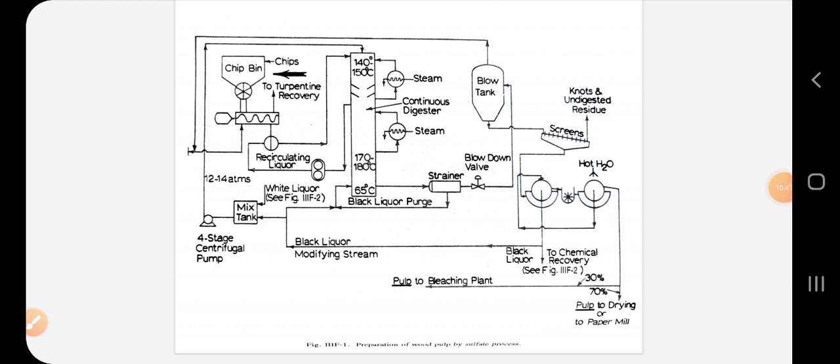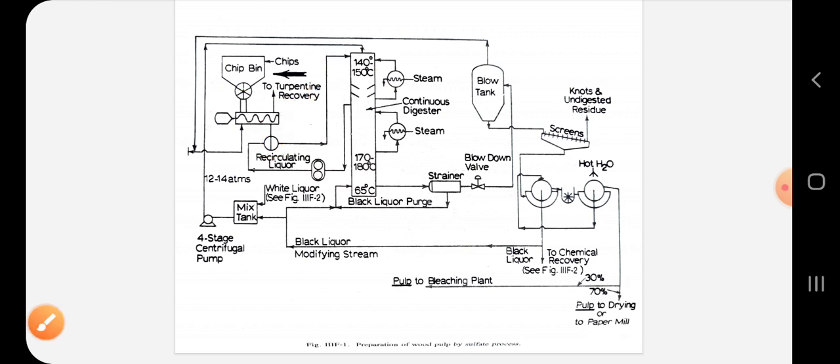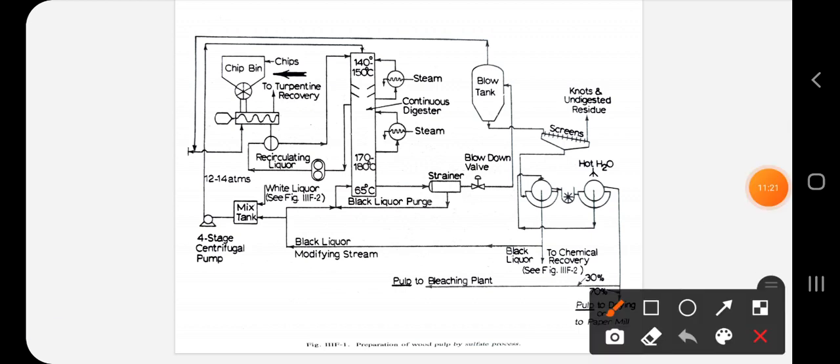After the wood is converted into 2 to 5 centimeter chips, it is passed through a combination of deaerator and preheater, as seen here. After some minutes, the chips are discharged into this recirculating liquor and then fed into this tower. Here the wood chips flow down the circumferential screens. These are the circumferential screen plates.